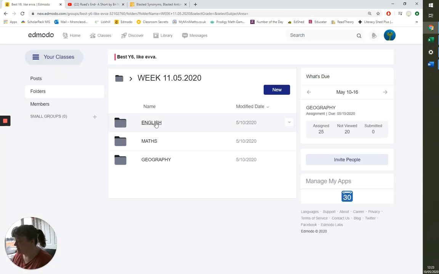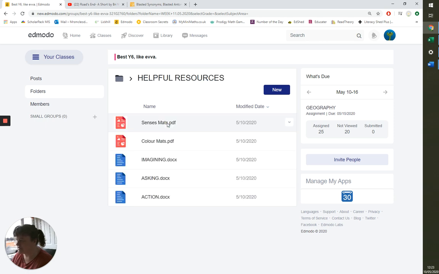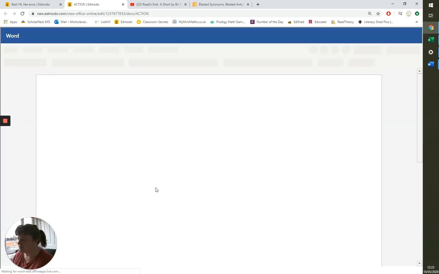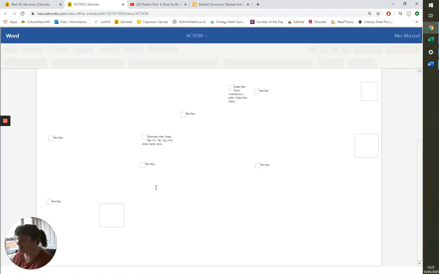So if we go onto here, we go into English, and you'll see things there. But here's the resources. Do you remember those colour mats that we've got hanging up at the back of the classroom? That's those there. And then here we've got the same sort of idea, but again, I think they live at the back of the classroom. So we've got all 5 senses, and then we've got different ones for, let's just open the action one for the sake of it. So if you're writing about action and you're struggling for a sentence, you might go onto here and